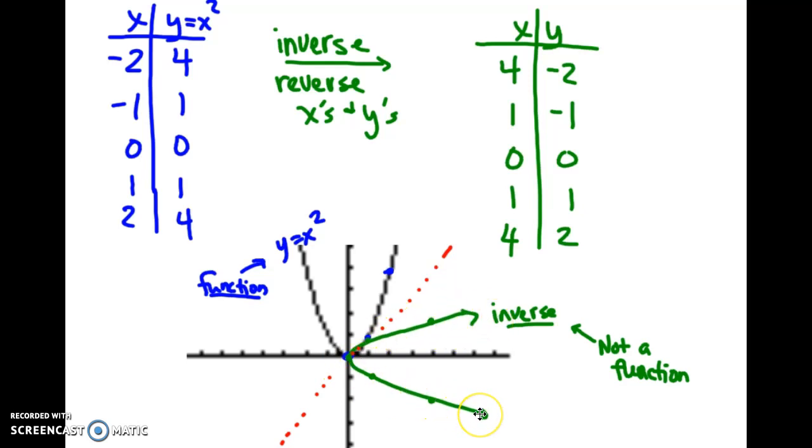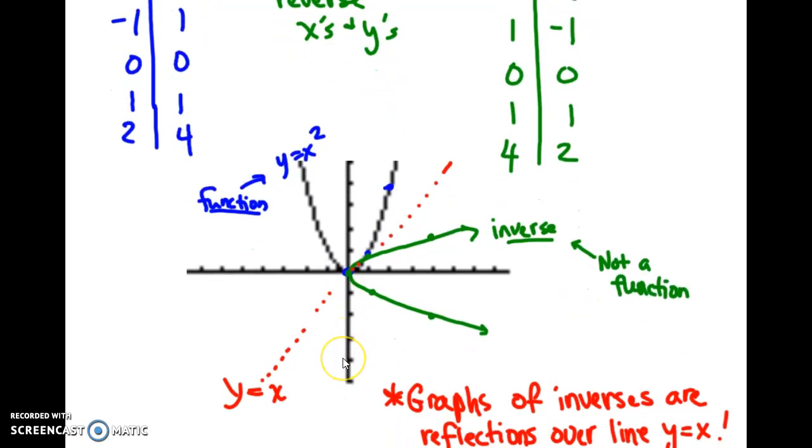Connect the dots and I get a very similar shape to the original graph. That's not a coincidence. The graphs of relations and their inverses are always going to have a similar type of shape. Even more than that, though, I want you to notice this red dotted line. That is the line y equals x, the 45-degree diagonal through the origin. And what we have here is a reflection. So if we could pick this graph up and fold it on that red dotted line, these two graphs would completely align with one another. That's kind of cool, and that's going to be something we're going to use as a visual test for inverses